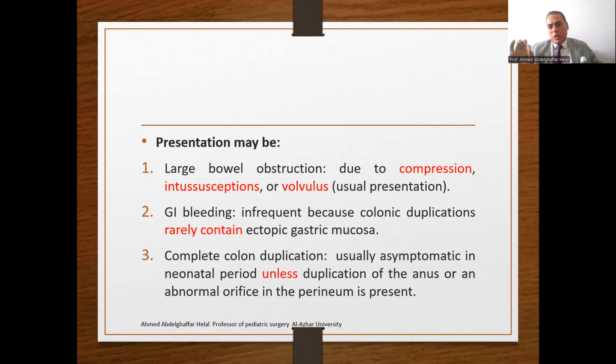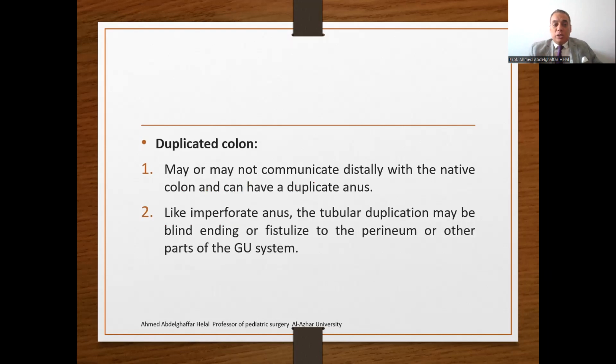When the pediatric surgeon observes an abnormal opening in the perineum or a duplicated anus, he suspects duplicated colon. The duplicated colon may or may not communicate distally with the native colon and can have a double anus. Like imperforate anus, the tubular duplication may be blind, intact, or may fistulize to the perineum or other parts of the